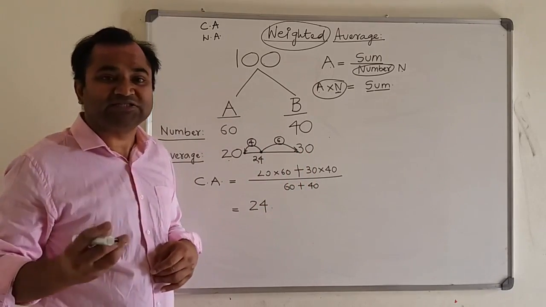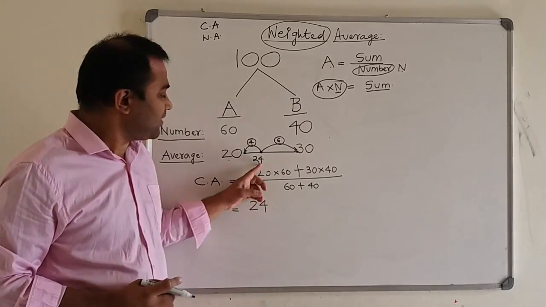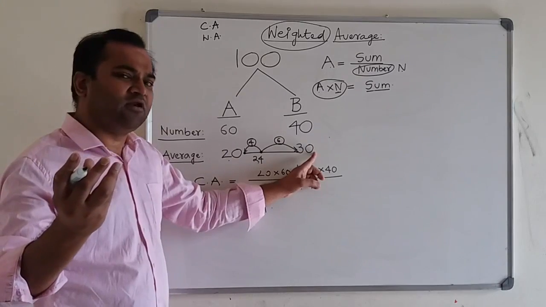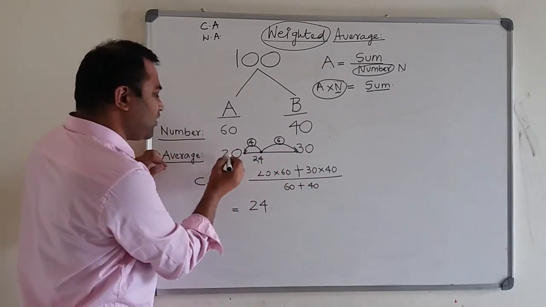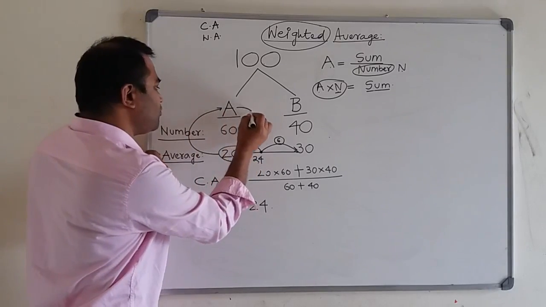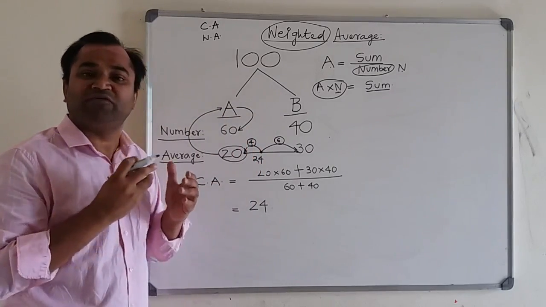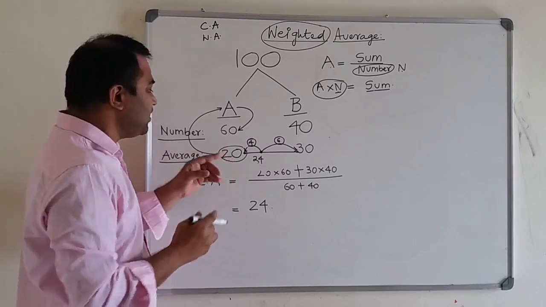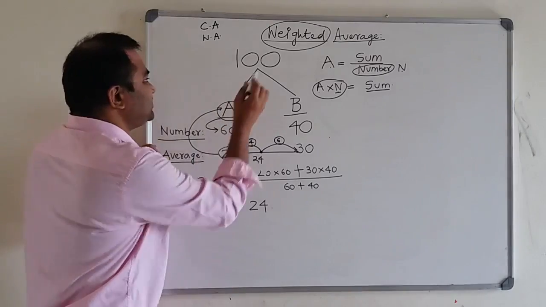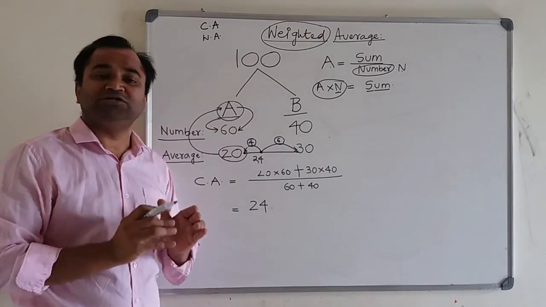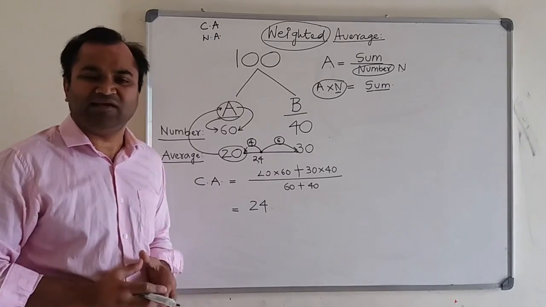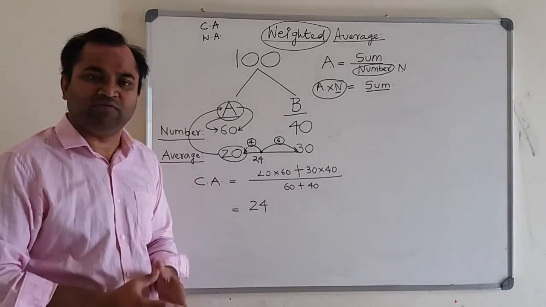Now what is your guess for the nearness of combined average to this average than to the other? I think you have already guessed by now. It is because this 20 is the average of the group which contains more number of terms. It is nearer to the average of the group which has more weight because of having more number of terms. This is the property exhibited by combined average always.